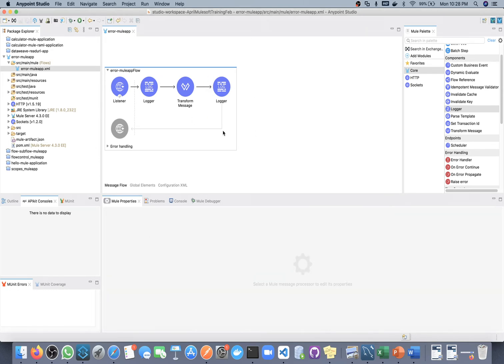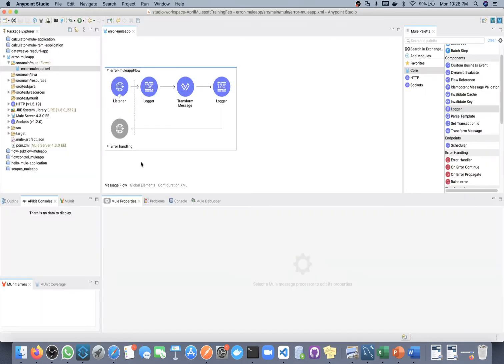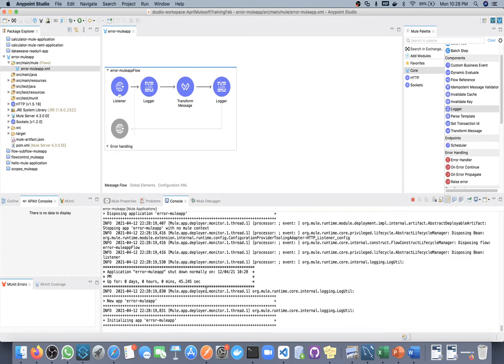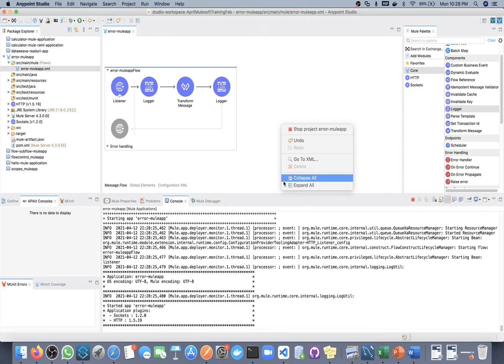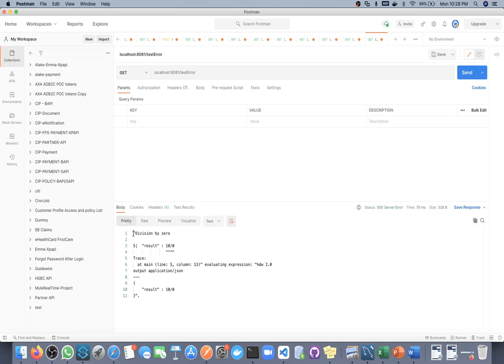If I call here, okay, deployment not completed, I think. Yeah, still deployment in progress. Deployment done. Now you can see we are getting this error: division by 0, result 10 by 0.